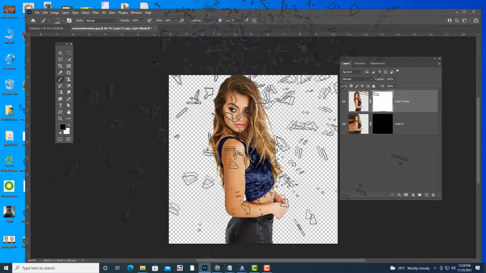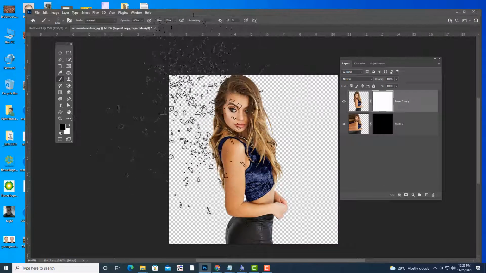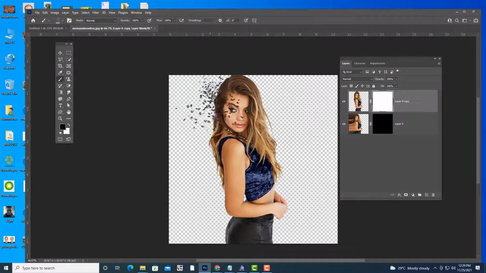See, this is the brush. The very important first step is we have to remove the side part of this girl for the top layer. We can remove the side part. See, black color, like this. Many people will forget this step. That is why they will not get a realistic output.